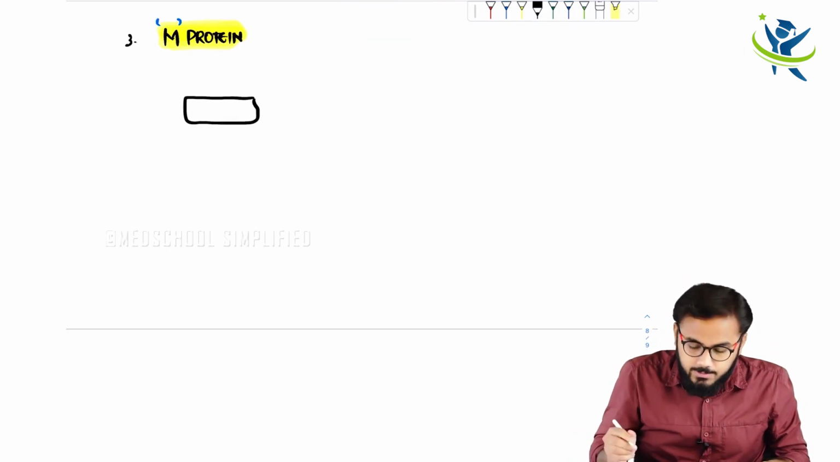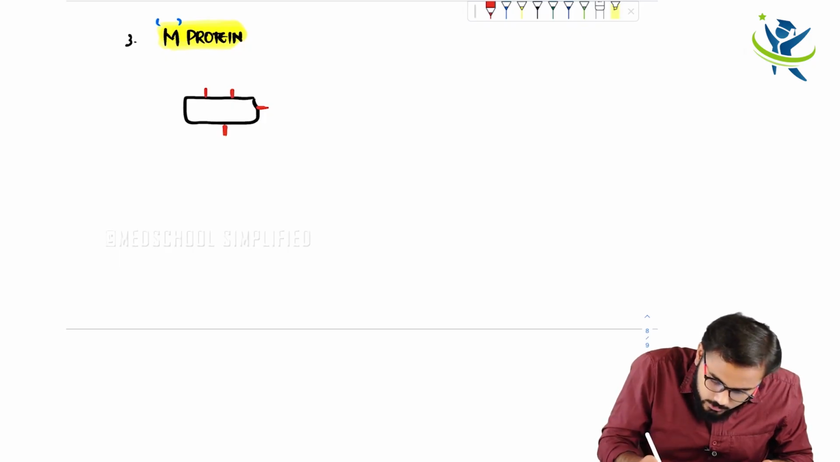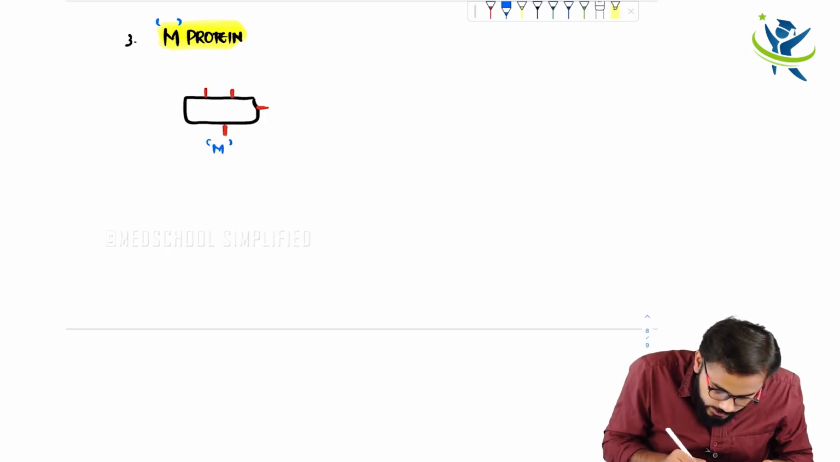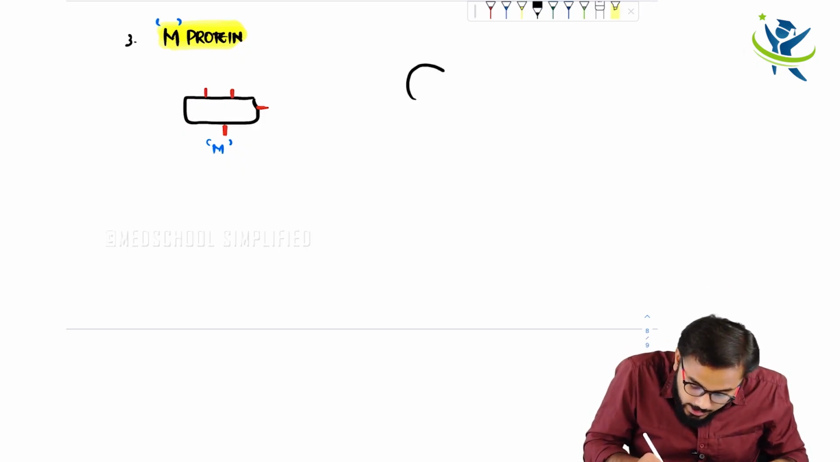This is a bacteria, for example. On the surface of the bacteria, I have got these red color molecules, right? These red color molecules are nothing but M protein. Okay. Now, in my heart,